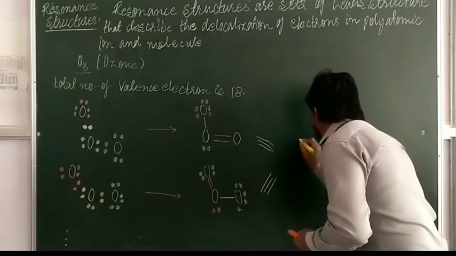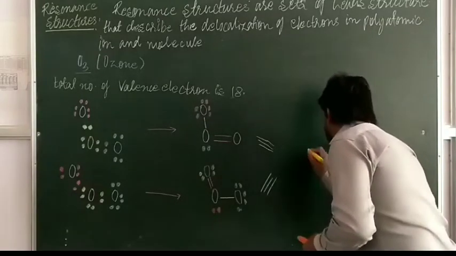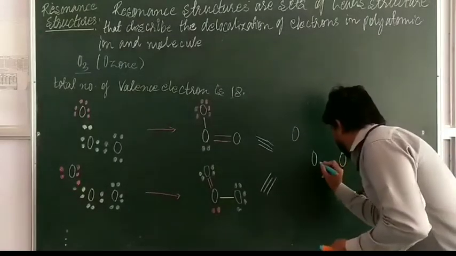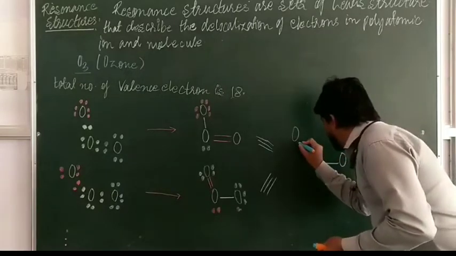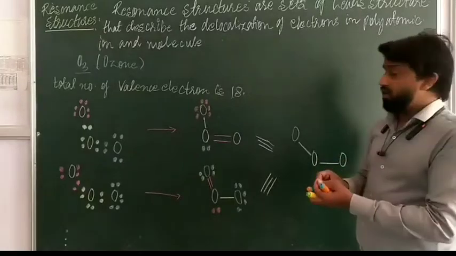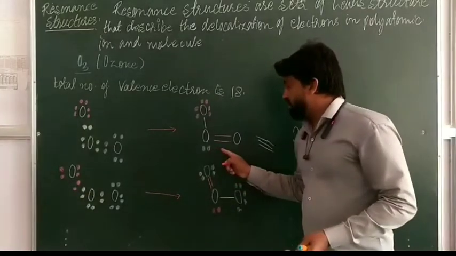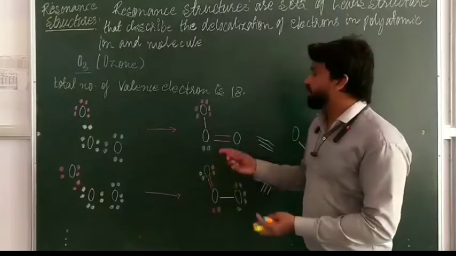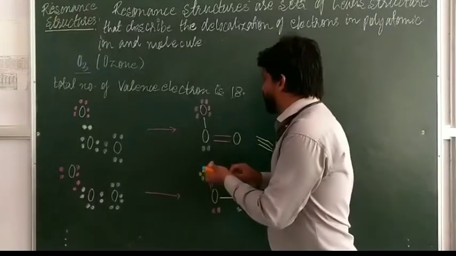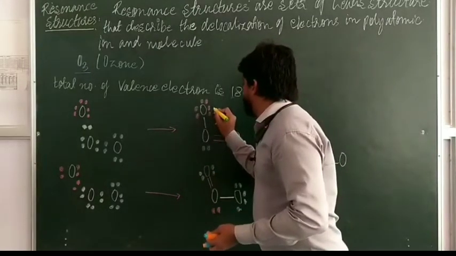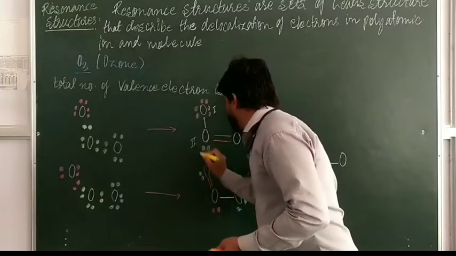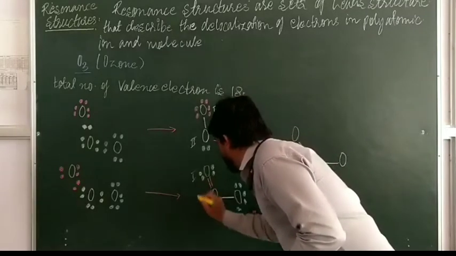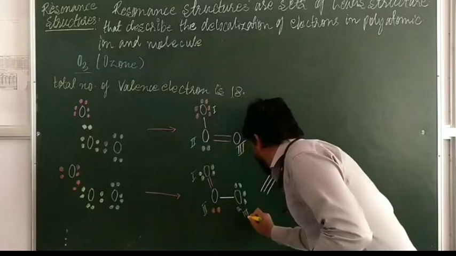Like this is the oxygen atom, and this is this oxygen atom, and each oxygen atom has a fixed single bond. This is the single bond that is fixed. And in the ozone molecule, if you note here, a double bond is observed for this oxygen atom. If you number each oxygen atom, this is the first oxygen atom, this is the second oxygen atom, and this is the third oxygen atom.